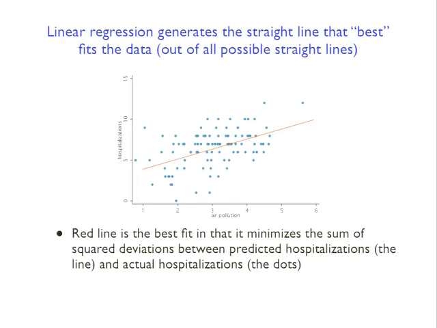Just to make sure that we're all on the same page: we have a scatter plot of data. This is y, which is hospitalizations. This is x, which is air pollution. We have a whole bunch of different days on which we're observing both of these values, and we can plot them against each other. Then we're trying to fit the line, the straight line that best fits the data. I'm just going to guess here and say that maybe it's this line.